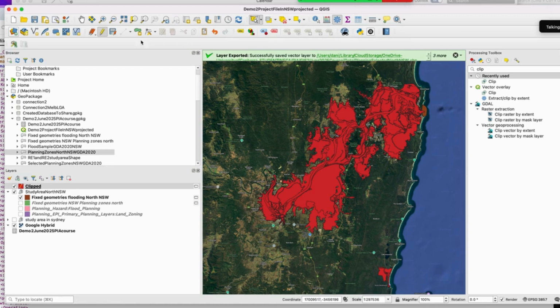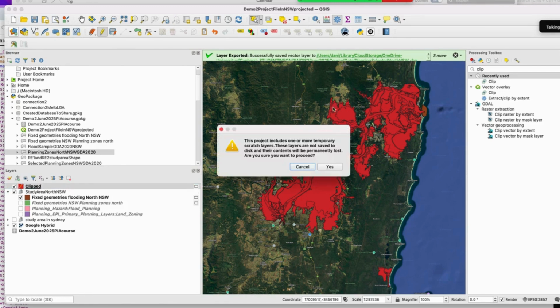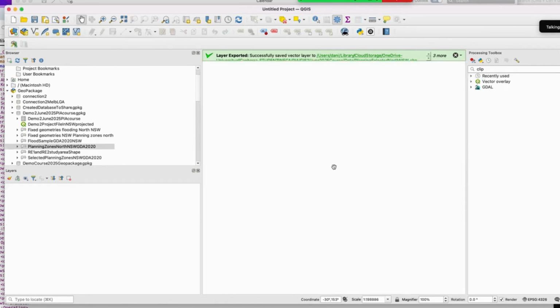So the first thing I'm gonna do is to create a new project. On the top left corner, I click on the little new document. It asks me if I want to save the things before. There were some temporal documents. I say yes. And now I have an empty new project, you can see at the top it says